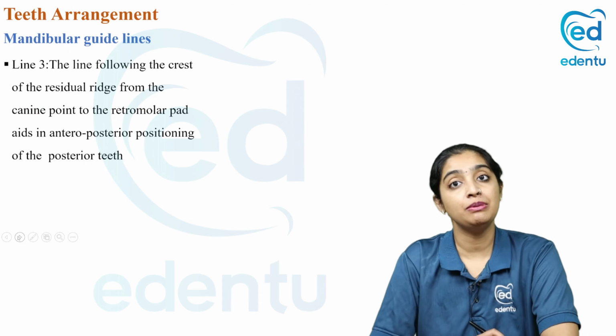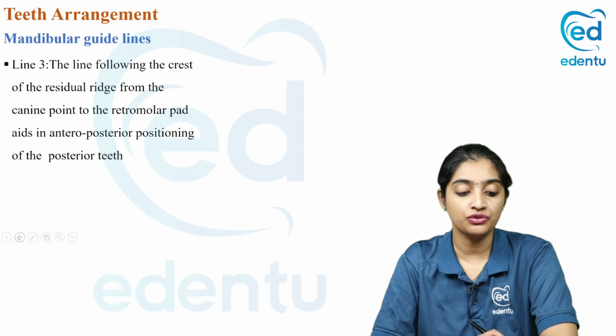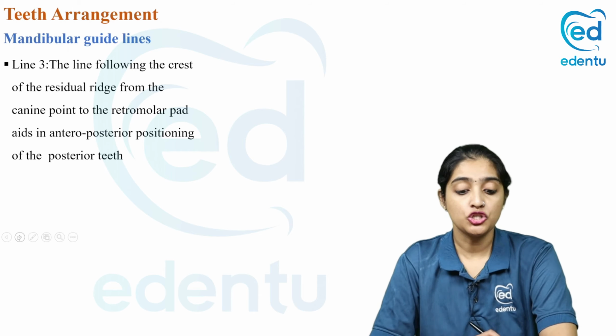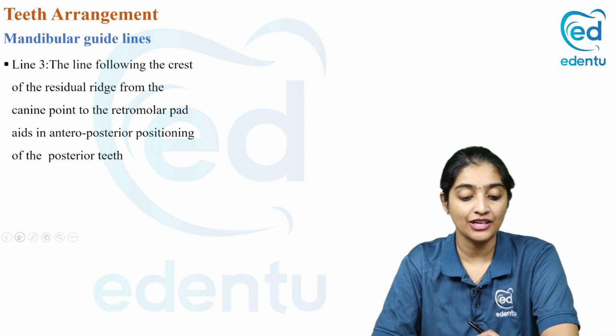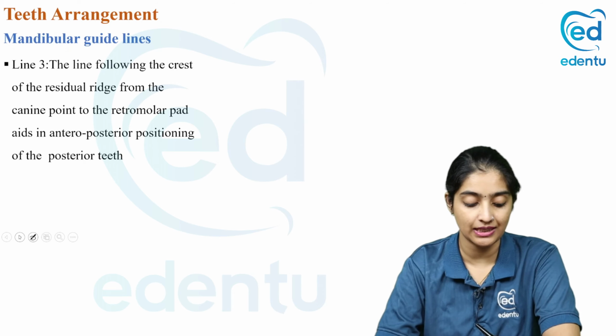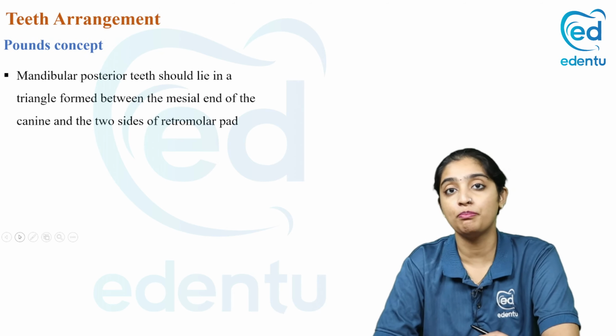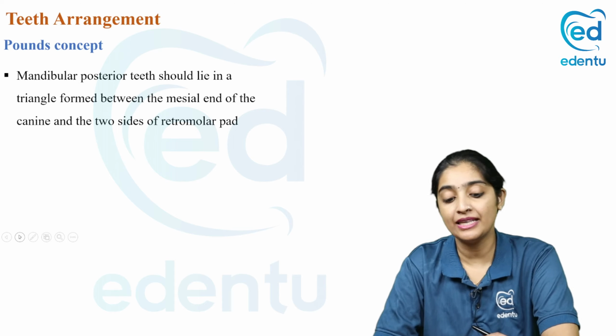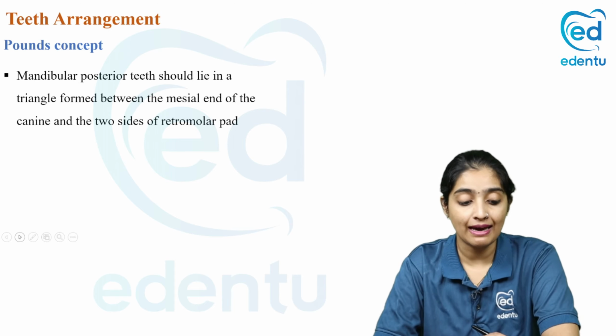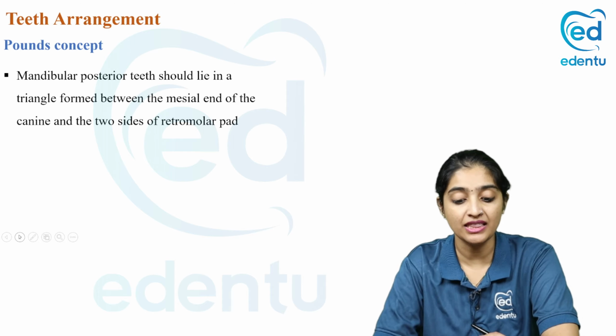Now coming to the mandibular guidelines. Line 3, which is the line following the crest of the residual ridge from the canine to the retromolar pad, aids in the anteroposterior positioning of the posterior teeth. What is Pound's concept? The mandibular posterior teeth should lie in the triangle formed between the mesial end of the canine and the two sides of the